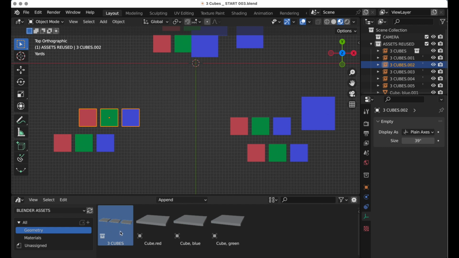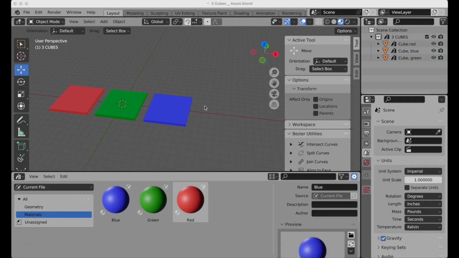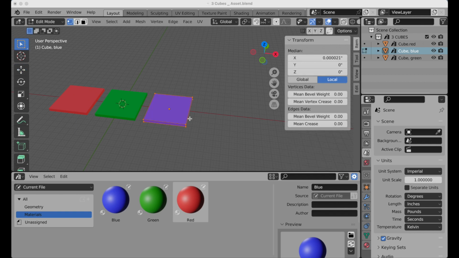So if I come down to the 3 cubes and I right click on that, you see there's an option here called Open Blend File. Oh, well, that's pretty cool. If I open that, what it's going to do is it's actually going to open a duplicate of the Blender application, which is easily visible here because it's got a different shading, the different UI. So if I came to the blue cube, tab key, S to scale that down to 50%, hit return,